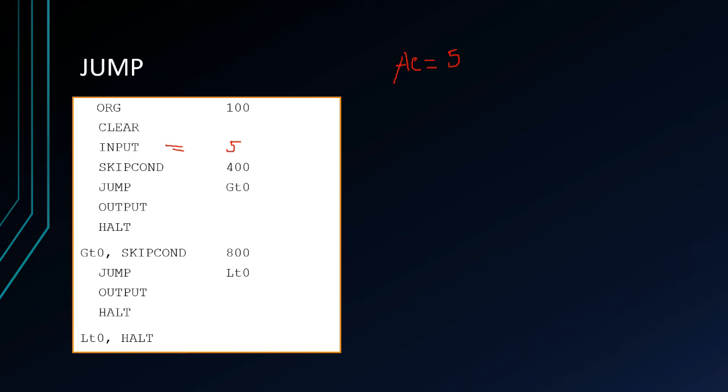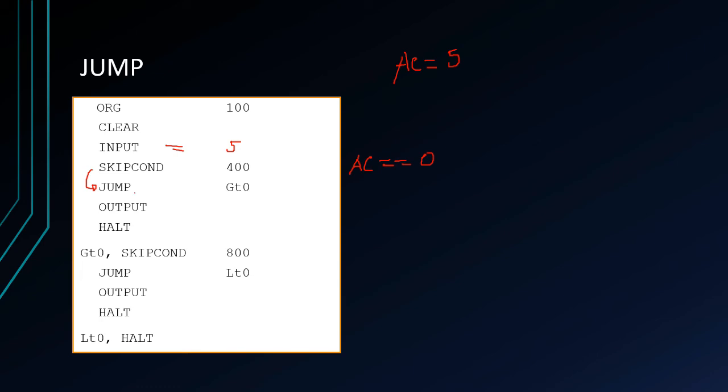So, SKIPCOND 400. So, this is AC equal to 0. So, our AC is 5. So, is 5 equal to 0? False, right? So, ibig sabihin, continue lang tayo sa next instruction, which is jump